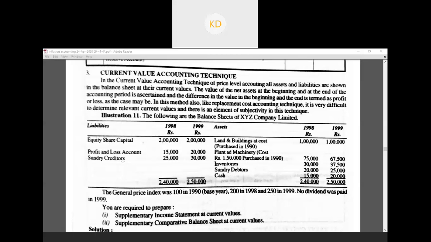For all the remaining amounts: inventory, debtors, cash and your creditors. Next, coming to my equity share capital, I cannot make changes on my capital, because whatever I am due to the shareholders is 2 lakhs only, that doesn't change. So my balance sheet 2 lakhs capital will not change. P&L account will change. You will be bringing about the new adjustments in your P&L account, that only has to be shown.